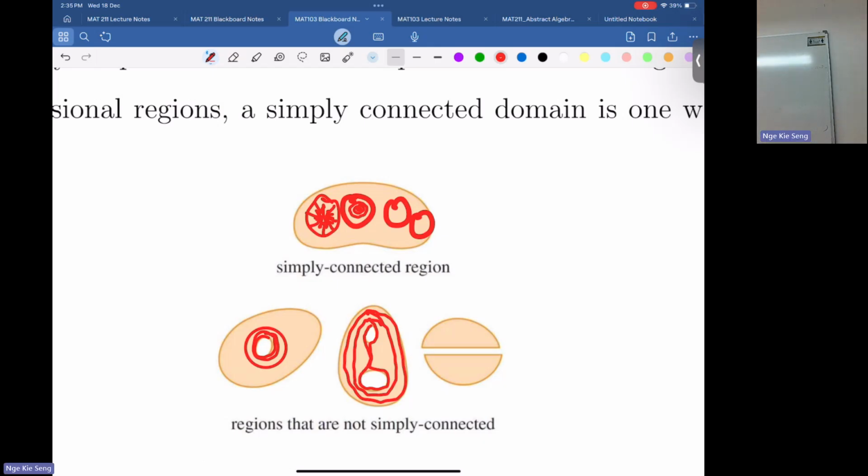OK, how about this one? Why is it not simply connected? 它不 connected 吧？它其实是 simple 的。Because if you take any closed loop inside this region, you still can shrink it to one point. But you cannot connect any two points. 其实它是 simple but 不 connected. Yeah, the study of holes is algebraic topology. 那 algebraic topology 我们学洞多少个洞？